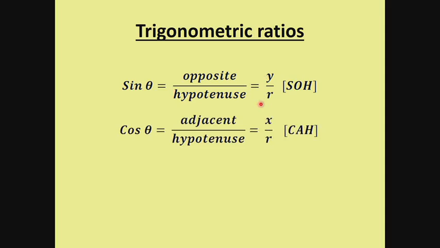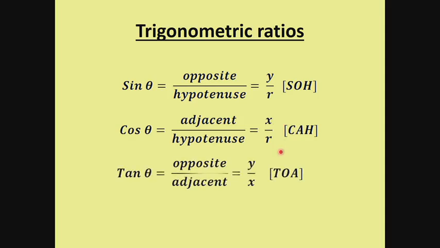For cos, cos means the adjacent side over hypotenuse. And remember what is adjacent? It's x over r. And then lastly, we will have tan theta. What is tan? Tan is opposite over adjacent, but more important, we refer to it as y over x. So these three, whenever I say sine theta, you must try to say y over r. If I say cos, x over r. Tan, y over x. And as we go on, you will understand why I would like you to put emphasis on that.